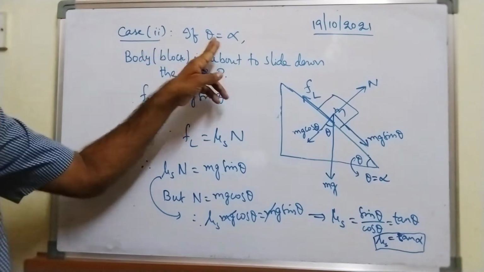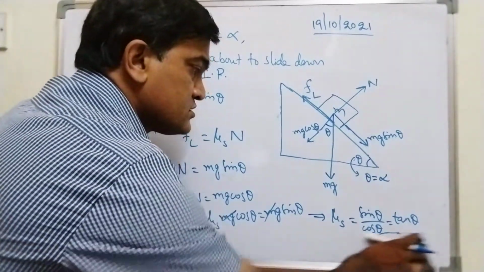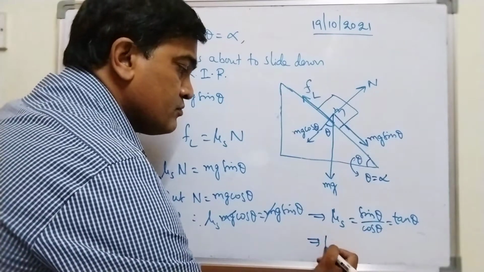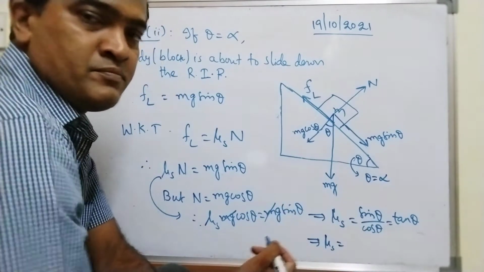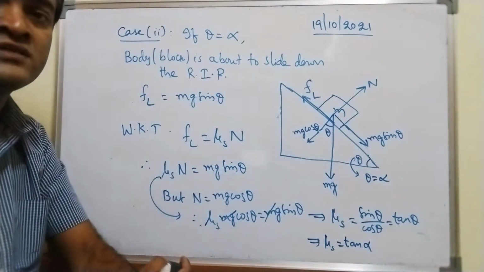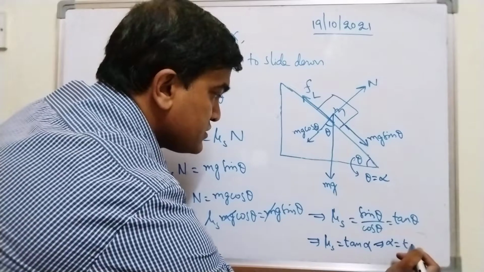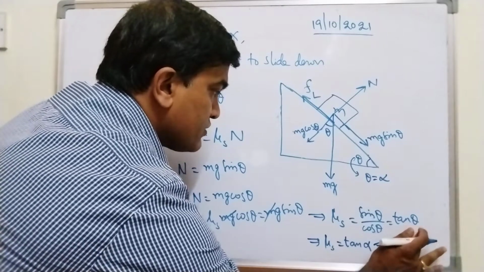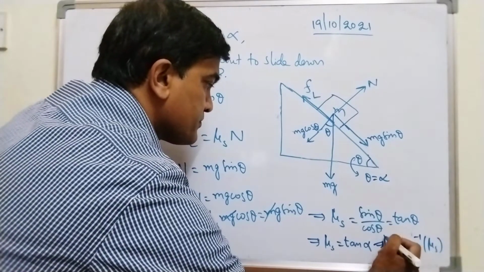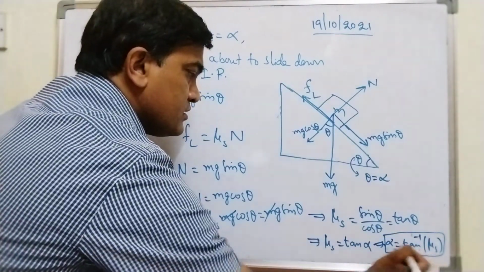As case 2 in this, when theta is equal to alpha, then you will get this picture. Okay, let me erase this. Let me write neatly. So, which implies I can write mu s is equal to, I can replace theta with alpha because I have taken the condition theta is equal to alpha. So from this, what is the value of alpha? Alpha is equal to tan inverse of mu s. This is the case that we have discussed already.